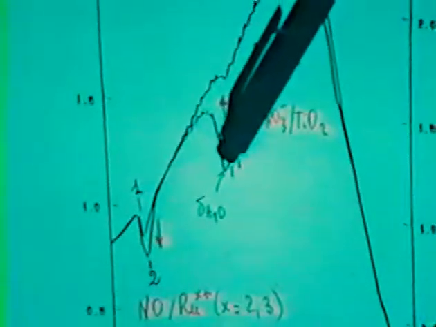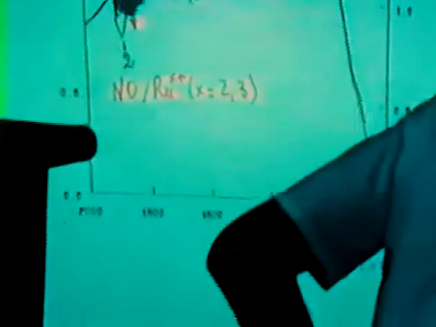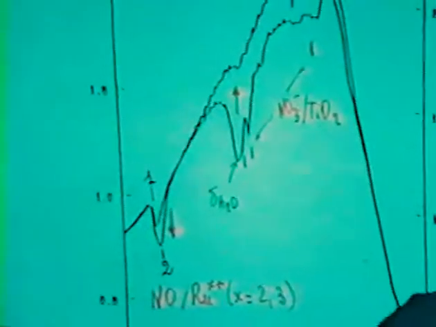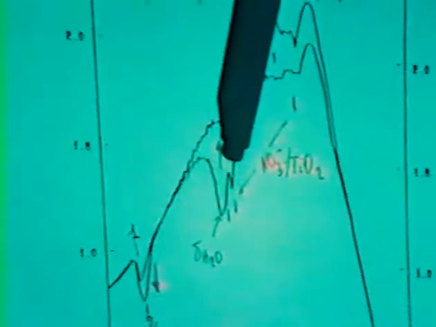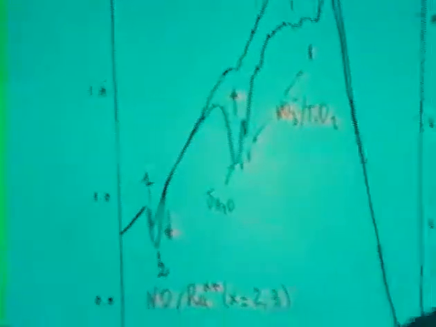We have nitrate species, water, and NO species on ruthenium. Then, if I outgas at 200 degrees, the nitrate species and water fully disappear, and the NO species on ruthenium